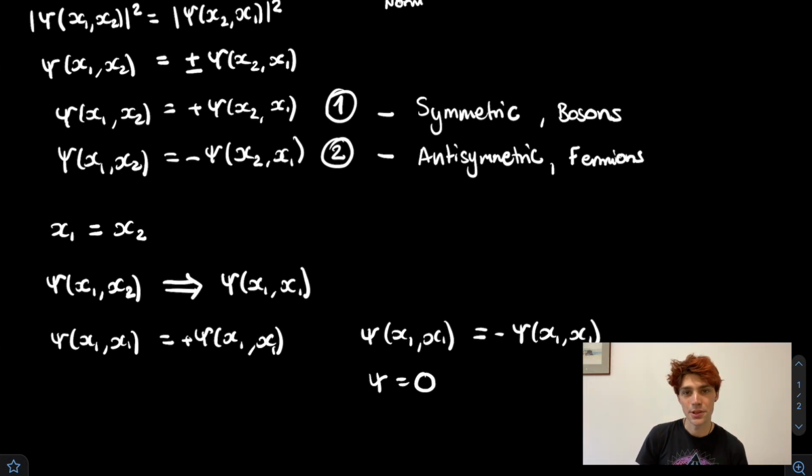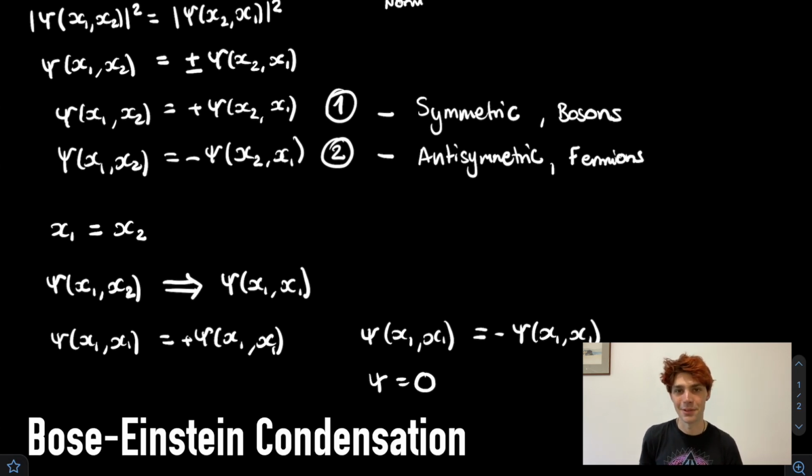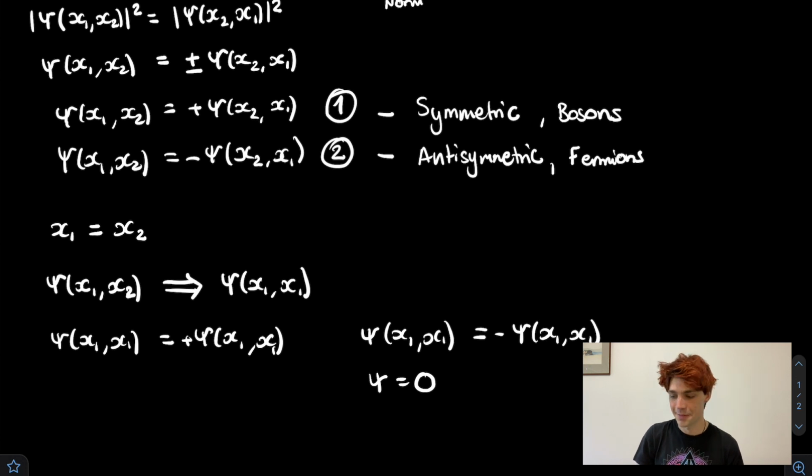Now, this isn't true at all for bosons. This was completely fine. You can have as many bosons as you want in the same quantum state. This is actually something that leads to Bose-Einstein condensation, which is coming up very, very soon. But yeah, you cannot put two fermions in the same quantum state, which is the Pauli exclusion